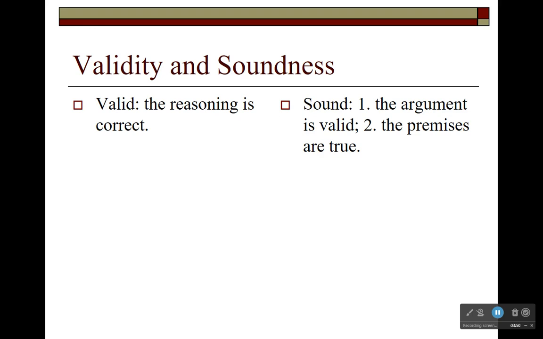That's not the only assessment that we make of an argument. Of course, the reasoning does have to be logically correct for an argument to be a good argument. But it's also the case that the evidence presented, or the reasons presented in support of the conclusion, those premises have to be true for it to be a sound argument. So there's only one condition for an argument to be valid. There's only one criterion: the reasoning simply has to be correct. There are two conditions that have to be met for an argument to be sound. There are two criteria for soundness.